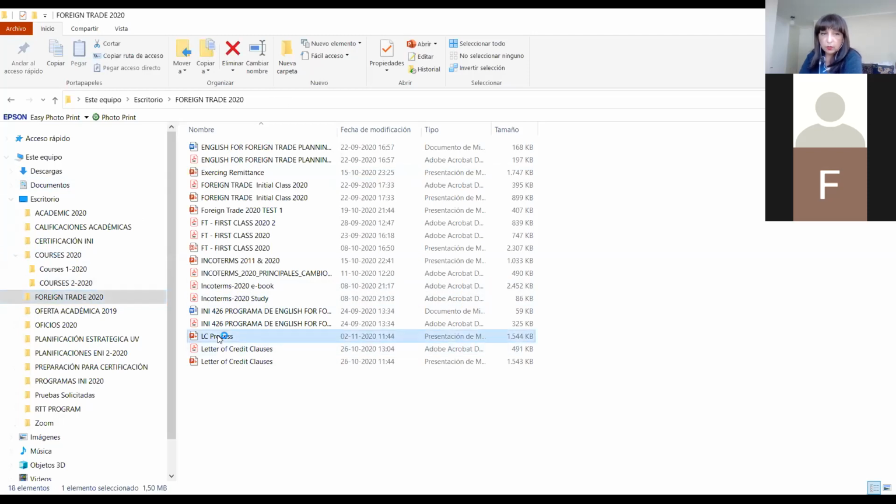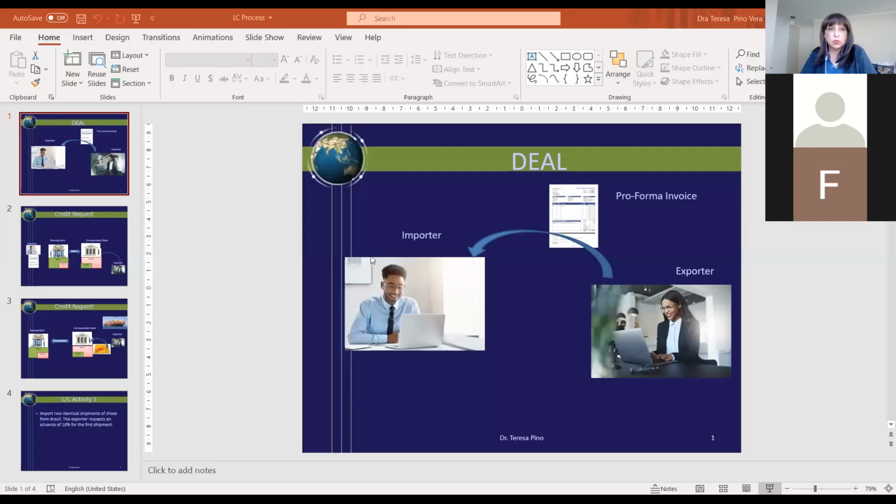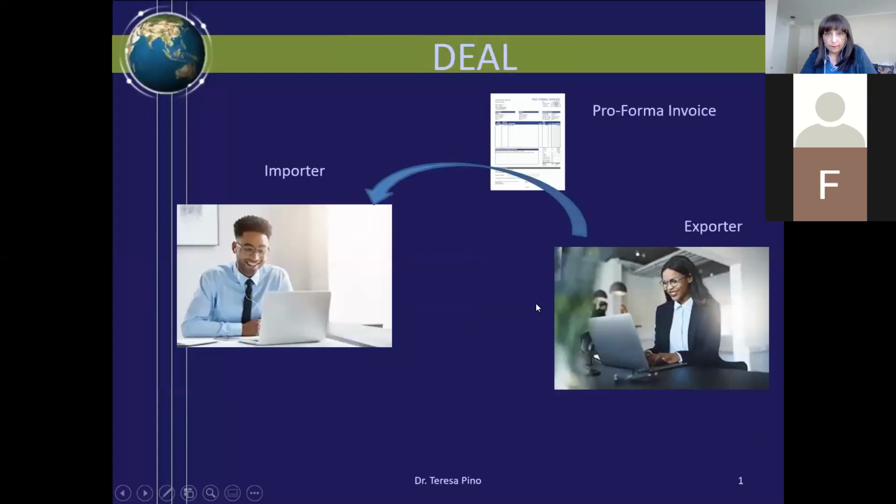Here it is. Okay, so now the exporters, as I said in the example, a Chilean may request an importer to open a letter of credit in a Chilean bank. Can you see this? Can you see what I'm showing? No. Nope. Okay, try again. It's loading. Let's see, I want to show you the same. I think it's here. Can you see this one? Yeah. Yep.